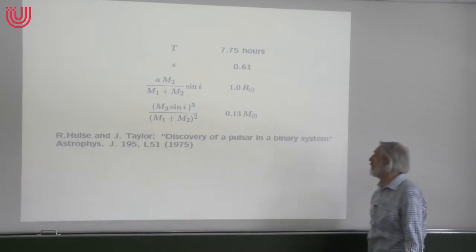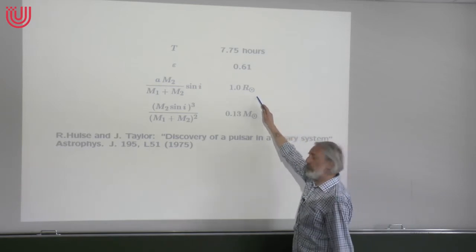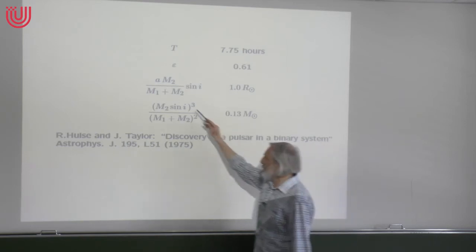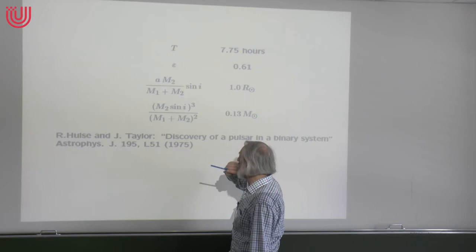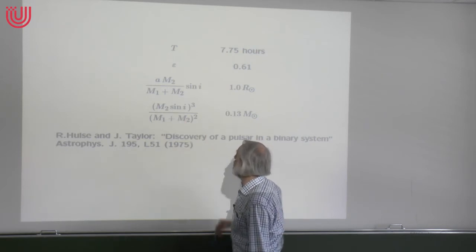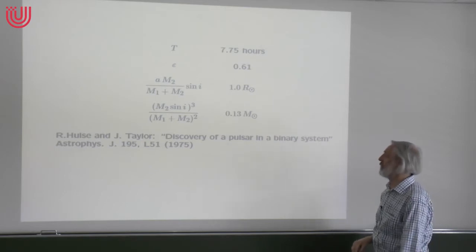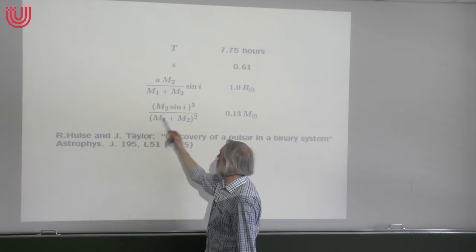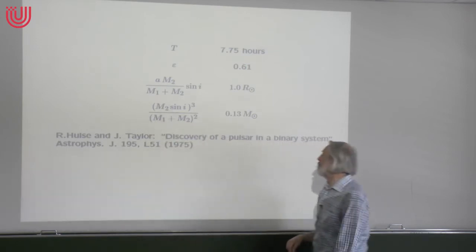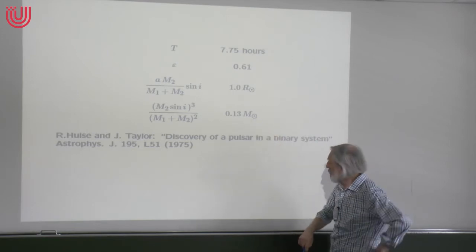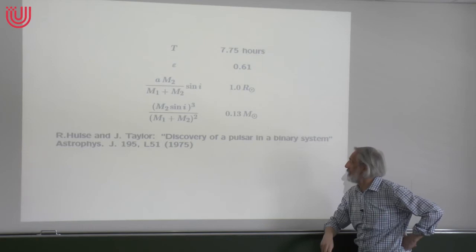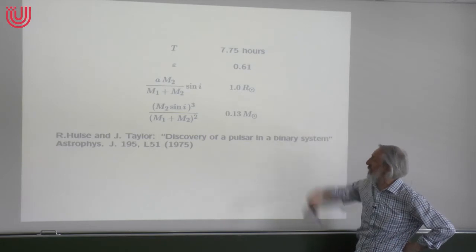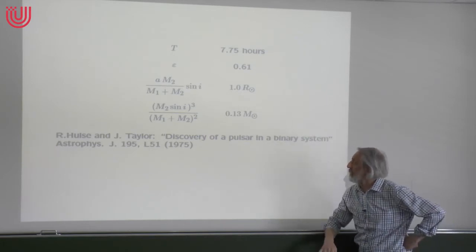But the distance is still big in comparison to the Schwarzschild radii you expect. Because from this number, you can estimate the masses. Again, the sine of i is limited by 1. And this mass ratio, m2 over m1 plus m2, is 10 at the most. And then you have just one factor of m2 and then a rest which is not very much different from 1. So you see the order of magnitude of the mass must be something like a solar mass. Maybe 10 solar masses would be possible according to this analysis, but not very much different from a solar